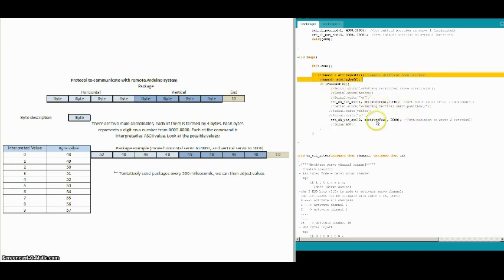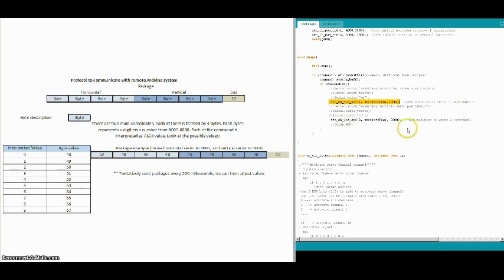We get the true coordinates facilitated from the software stack, and we drive each of the motors independently to the target position, the position assigned from the package received. This communication happens in real time, so whenever a package is received, the motors are moved right away to the position